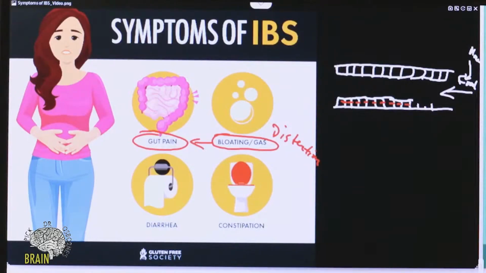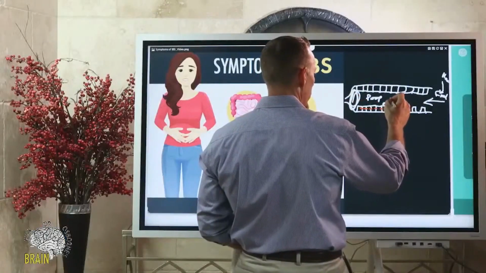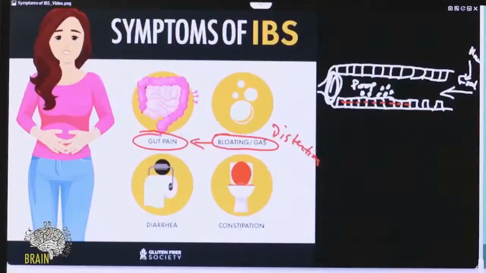Let's erase a few of these here. And so what then happens is when you have the poop, let's just say, your poop is sitting right here and it's stuck, right? Because here is where you get a contraction. So this poop is kind of being lodged. So everything here, that poop is just kind of sitting there. And so all the little bacteria, all the little microorganisms that live inside of your GI tract, remember, you've got trillions of these guys, they will start acting on that poop.